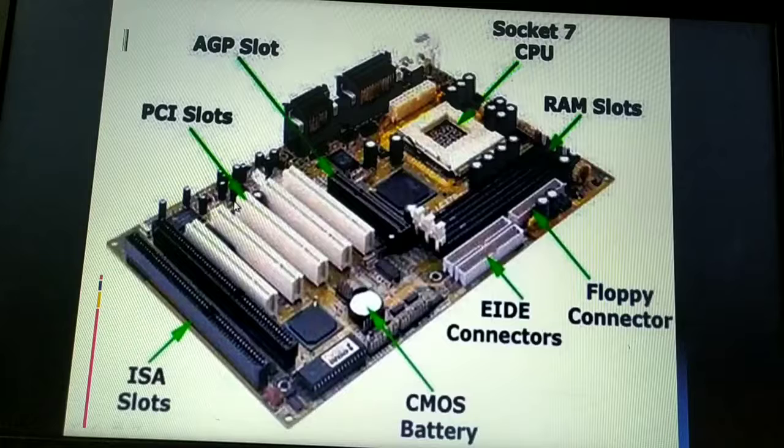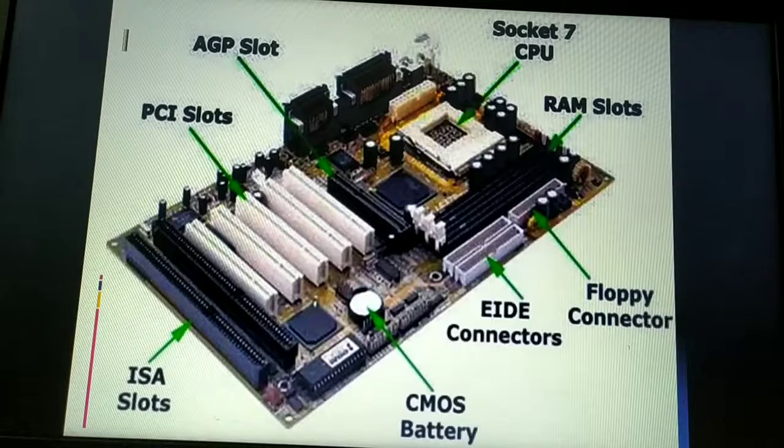Then moving on to the next one, the PCI slot, that is the Peripheral Component Interconnect slot. These PCI slots usually connect to the graphic accelerator cards. Your Windows operating system is GUI based, that is a graphical user interface, so it's all because of these PCI slots providing you the graphic card. Usually the PCI will provide 2-dimension graphics. Plus PCI also helps you to connect the sound cards. It will also support internal modems or SCSI cards.